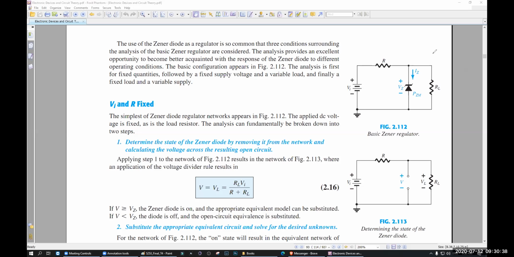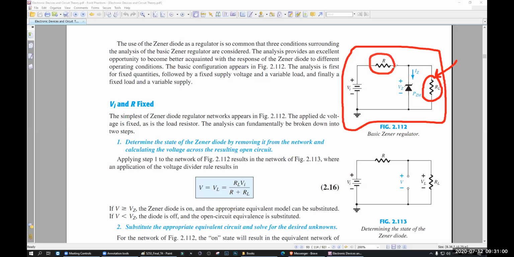Okay, normally Zener diodes are connected in a circuit like this. There you will have a load resistance, which will have a fixed value of some voltage, let's say 5 volt, 6 volt, something like that. The Zener diode is connected in reverse, and there is another resistance. This is called the sink resistance or normal resistance.